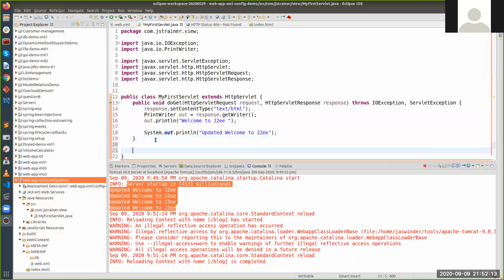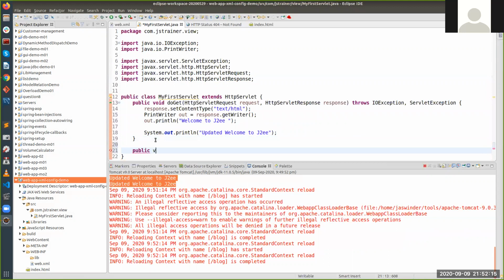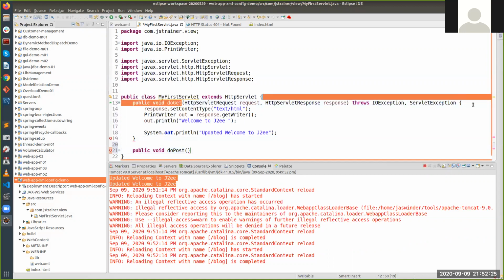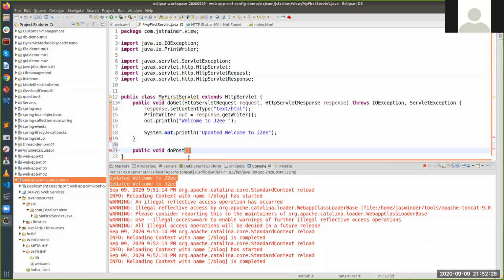So suppose I write a post method, doPost. The same way, you have to give the signature for post also.